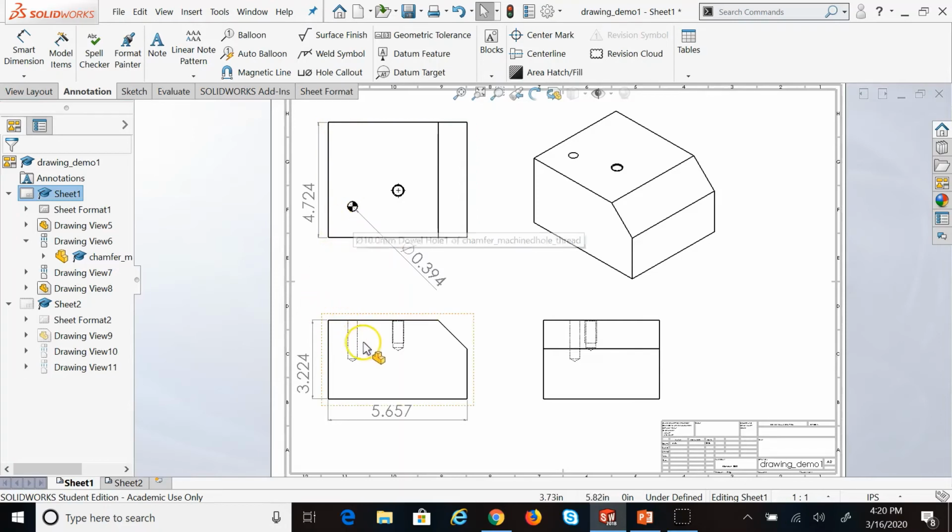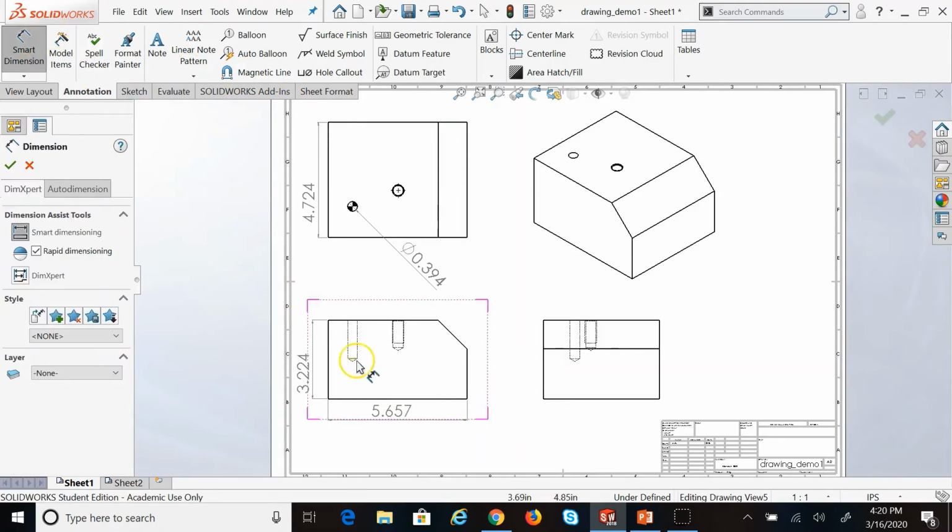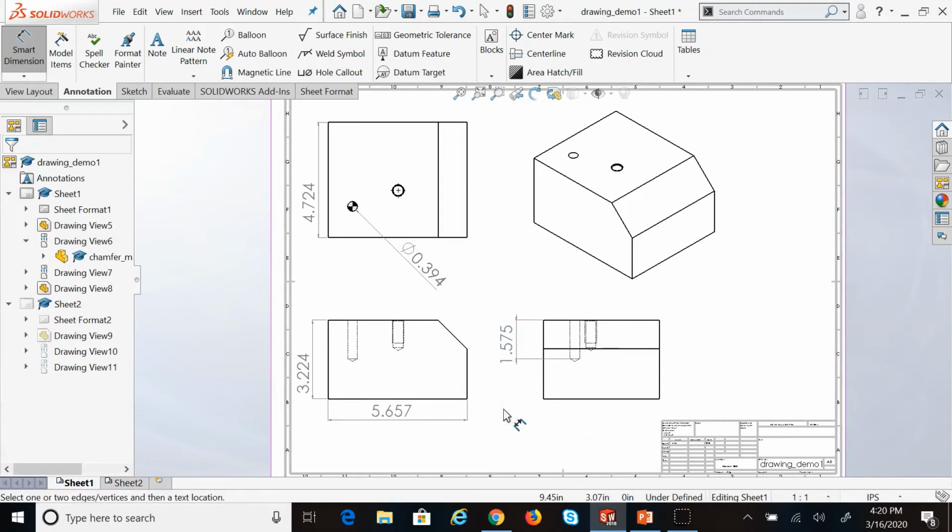Well, you might say I can show it here on the front view or on the right view, and yes, you are right, I can. So I can come to this, let's say, right view, click on this edge, bring it out, and say, well, that's the depth, 1.575. That's correct, or I can do it here. But as I said, one of the rules of drafting says try to avoid putting dimensions on invisible lines as much as you can. And right now I'm showing it on invisible, on dashed lines. So instead of doing it this way, what I would do is